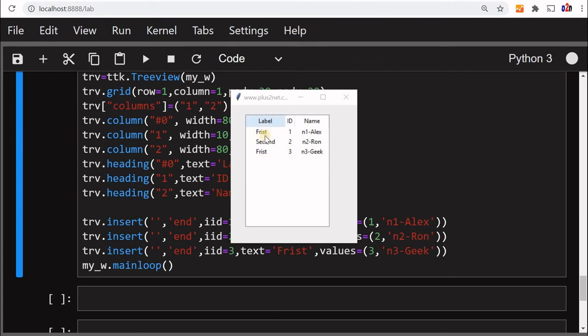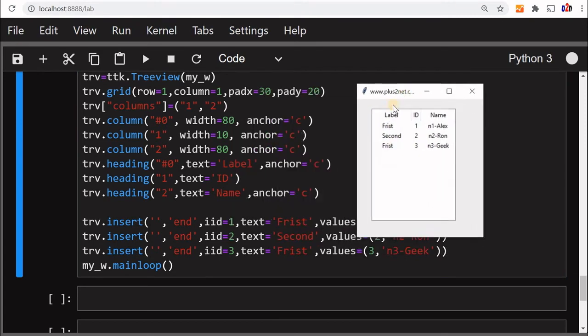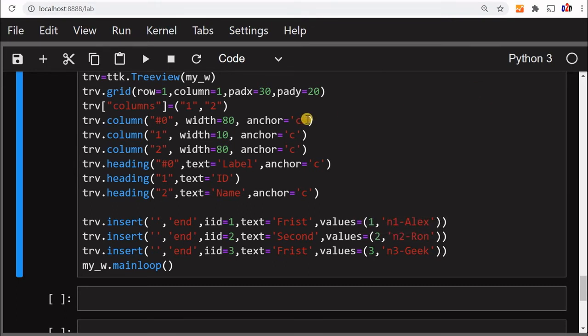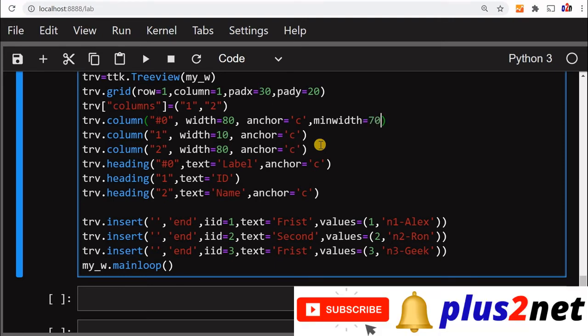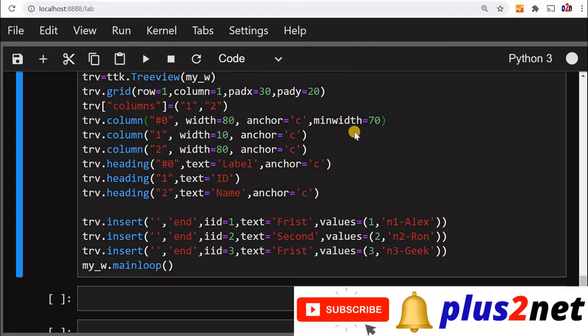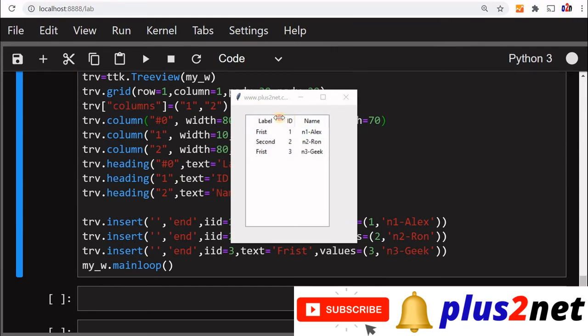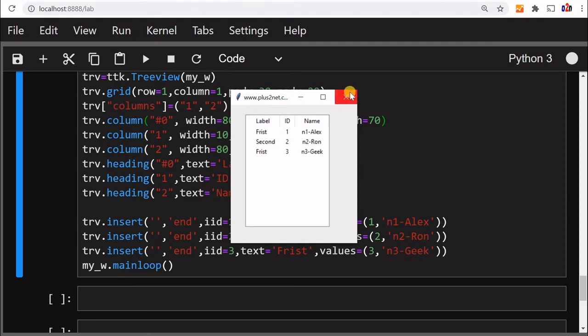Yeah, first, second, third, the label, whatever I am giving here, the text, it is coming here. Now you can see I can reduce the width also. You can see that it is going about. What I can do, I can set a minimum width also. So let's say this column width I have given 80. Now I'll say minimum width, say 70. You can't go beyond that. So let's run this and see what happens. Now I am trying to reduce, I get stuck. I cannot drag it below that 70. So it's a minimum width it will maintain.